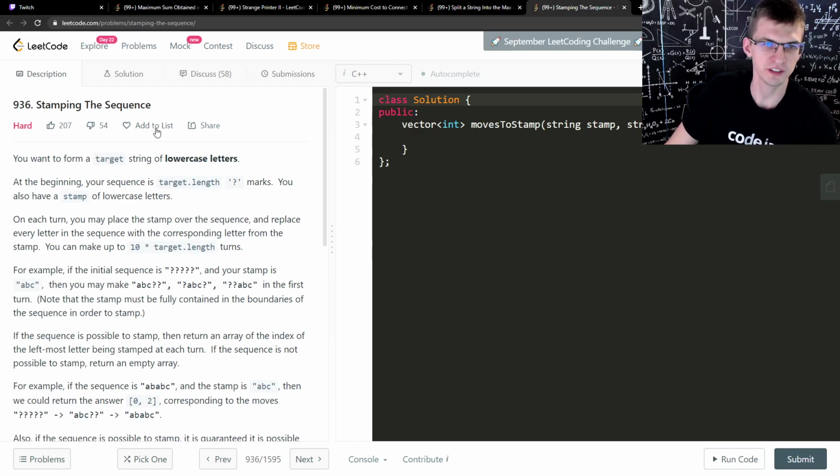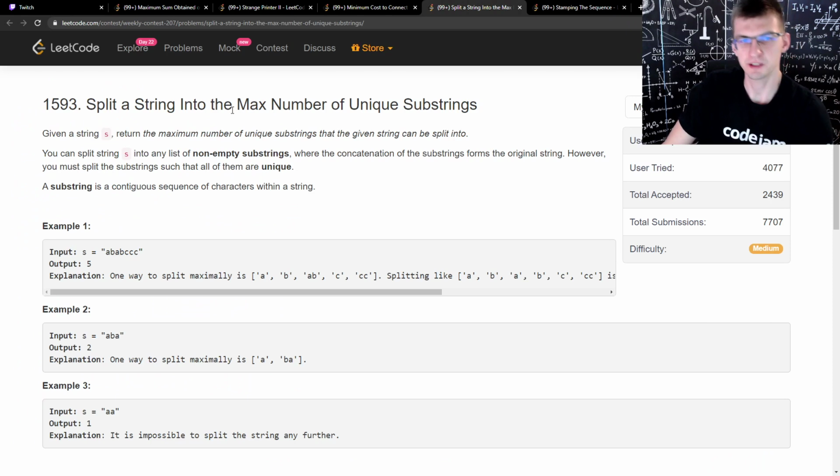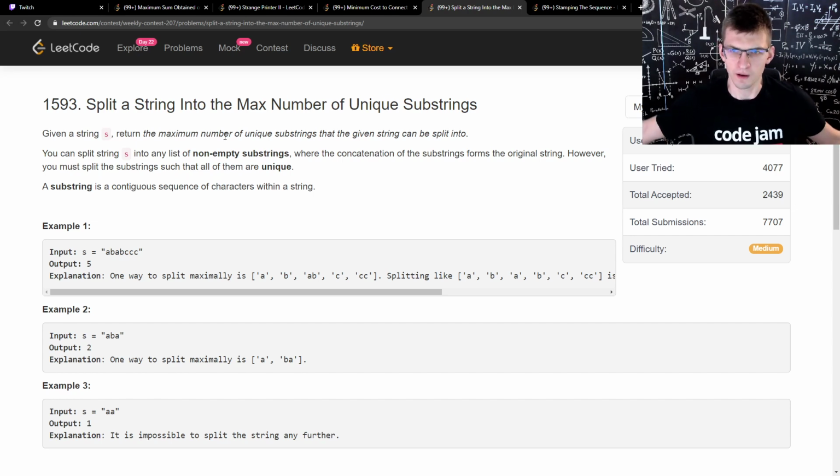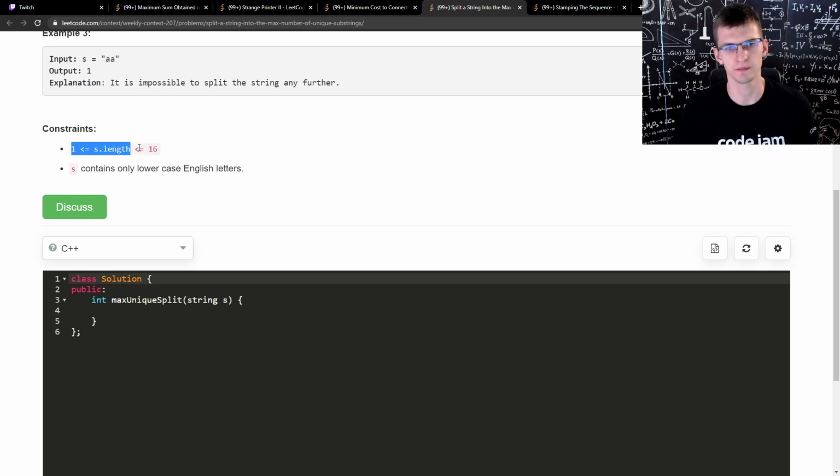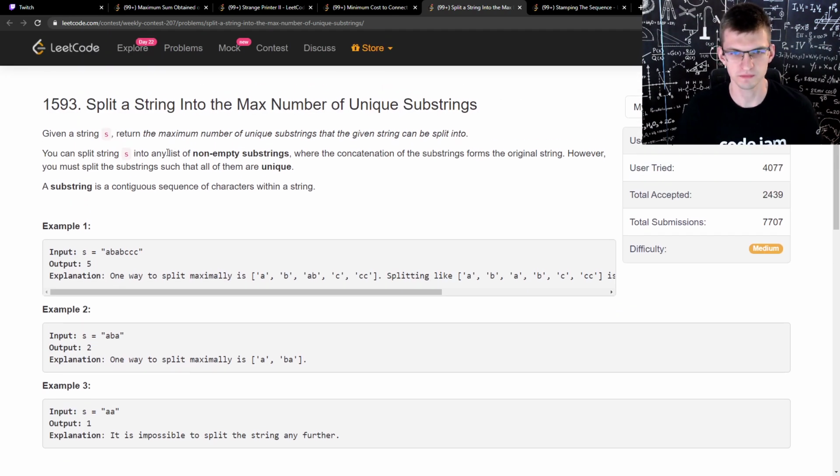Yeah, and if you want to understand this idea of stumps, solve this one as well. Split a string into the max number of unique substrings. Is n very small? Oh yeah, 16. Then solution is try all possibilities. This is for sure not a good problem for beginners, because if you want to try all possibilities, maybe even